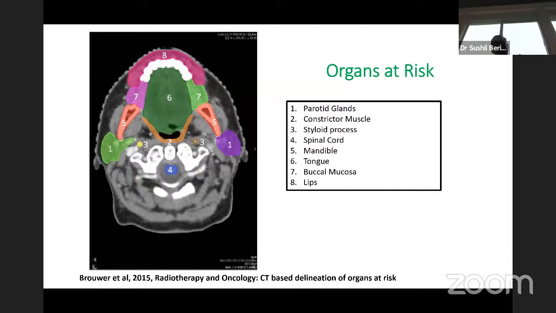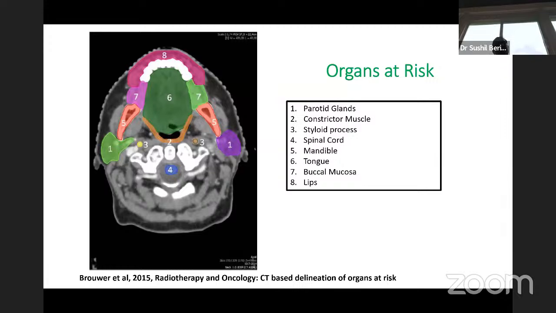Spinal cord is one organ where we do not reach 5% because you would not accept 5% risk of myelopathy for treating head and neck cancer. So in true sense, the tolerance of the spinal cord is close to 60 gray or above for 5% complication. But we would not accept that risk of complication for spinal cord. So we are very conservative.